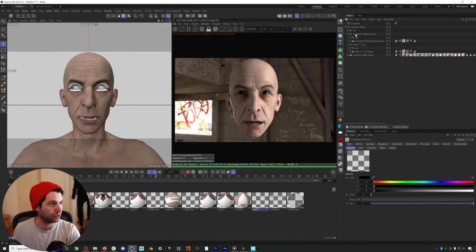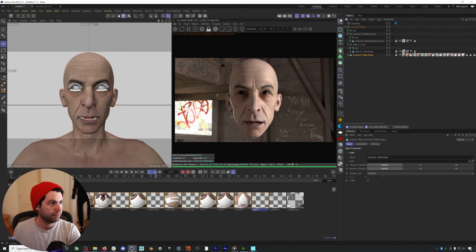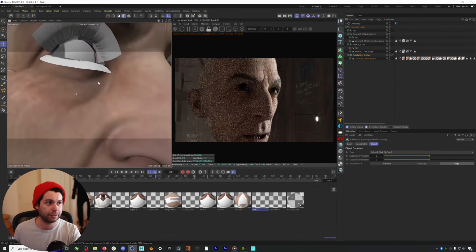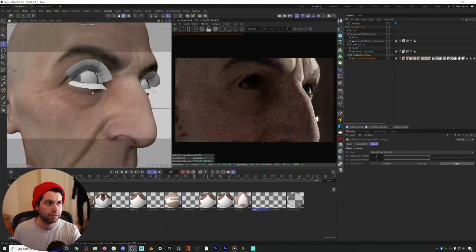And then the last thing, of course, we would do, if we subdivide this, it just really starts looking pretty good. You could even put hairs on this guy, like micro hairs, but that,